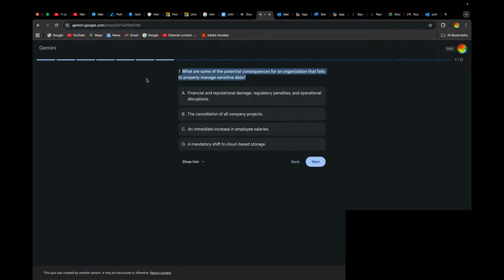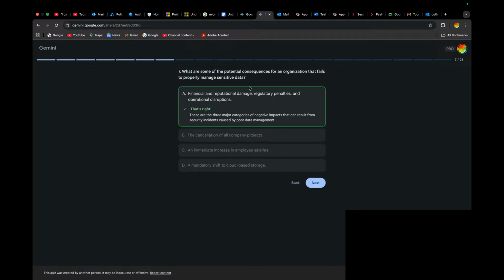Okay, Sarah, you are correct. Financial and reputational damage, regulatory penalties. Yes, organizations will be fined if they do not put measures to try and protect sensitive data that they work